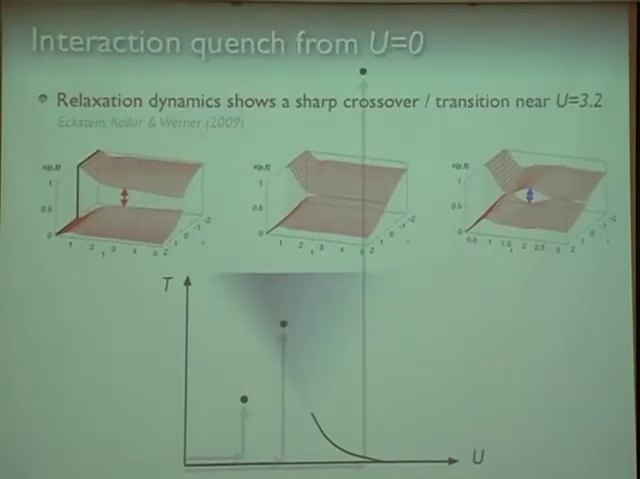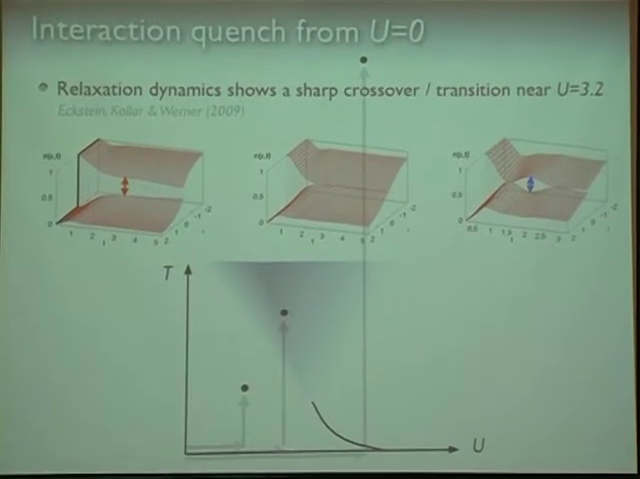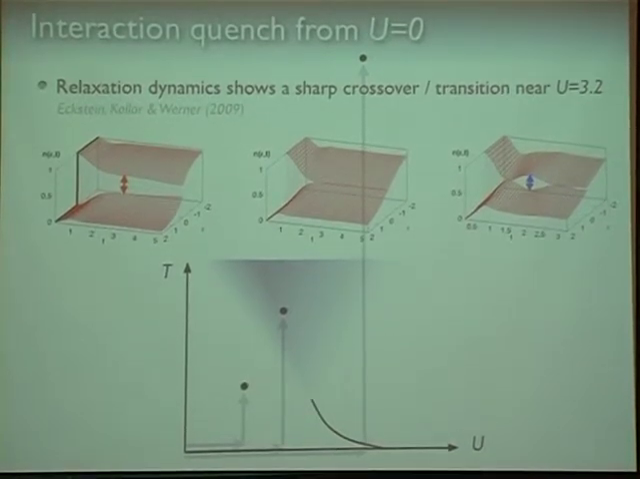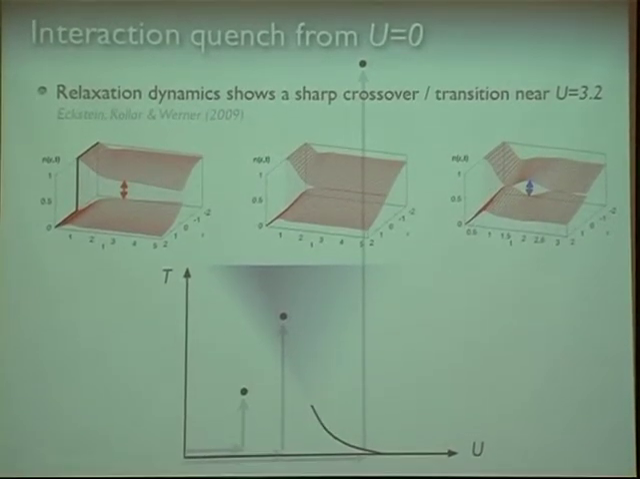So let me start with the actual DMFT calculations. The first calculation I want to discuss is a calculation for an interaction quench, which means we start in a non-interacting system at 0 temperature and then suddenly switch on the interaction. That was actually the first non-equilibrium dynamical mean field calculation which was done for the Hubbard model, and I think it's still one of the most interesting results